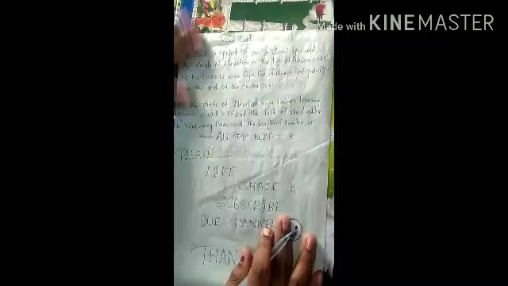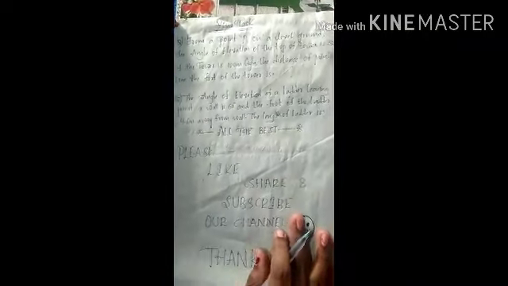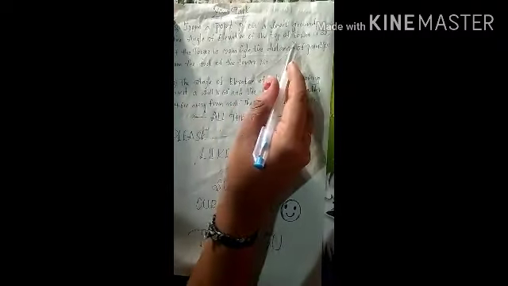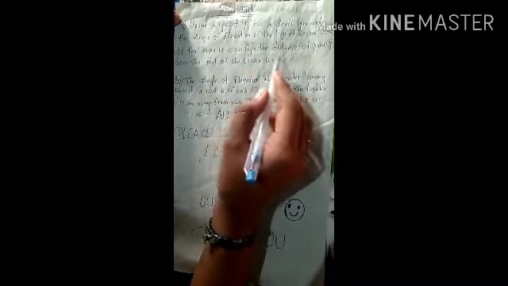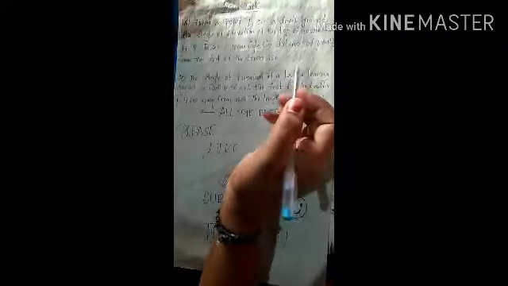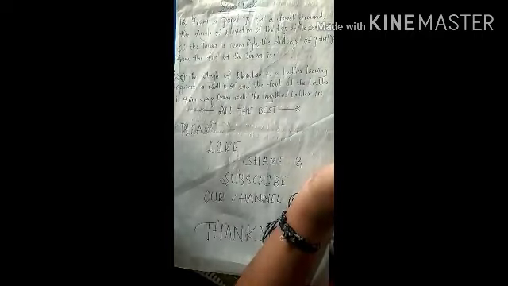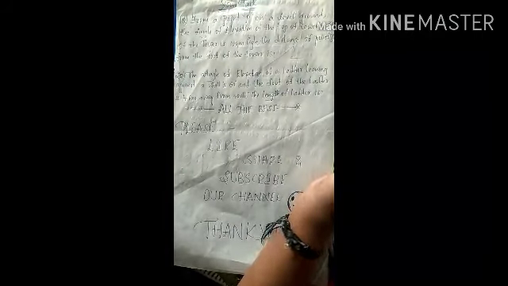Next, your task. Now you should solve these problems. See here, the first question is: from a point P on a level ground, the angle of elevation of the top of a tower is 30 degrees. If the tower is 100 meters high, the distance of point P from the foot of the tower is how much? See friends, they gave the angle of elevation and the height of the tower also. Next you should find the distance to the foot of the tower. Similar to the previous problems I told, that model only. Once try it, friends.